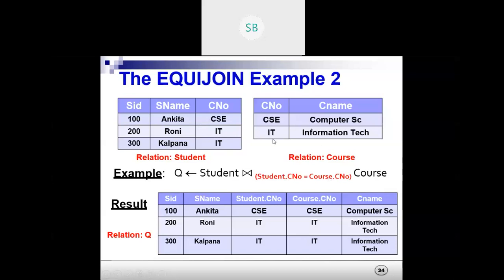Based on this condition, we get 100 Ankita CSE computer science, then 200 Ronnie IT information technology, and 300 Kalpana IT information technology. We rename that relation to Q. Wherever it matches, only based on the matching condition do we add it to the new schema.